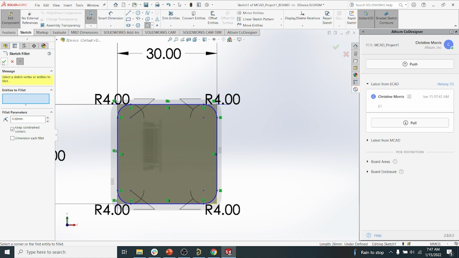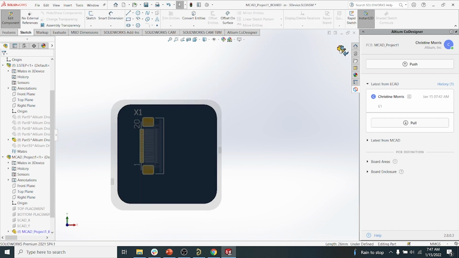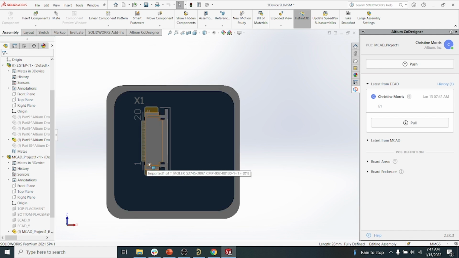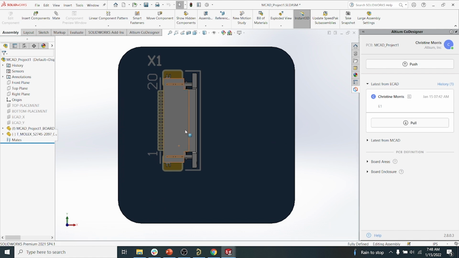And that looks good. So I'll accept all these changes. And just an important note, when you dimension your board, those dimensions are going to stay when I push and pull that design data. Not only that, I can also go ahead and I can even move this component, which